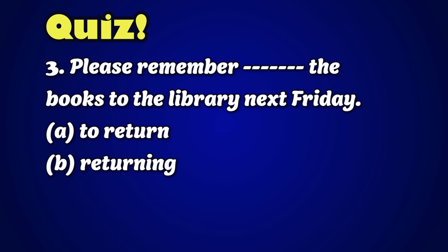All right, let's move on to number 3. Please remember blank the books to the library next Friday. Is the answer A, to return, or B, returning? Can you guess? The answer is A, to return. Please remember to return the books to the library next Friday. In this sentence, you should remember that you have to return the books to the library next Friday, which is